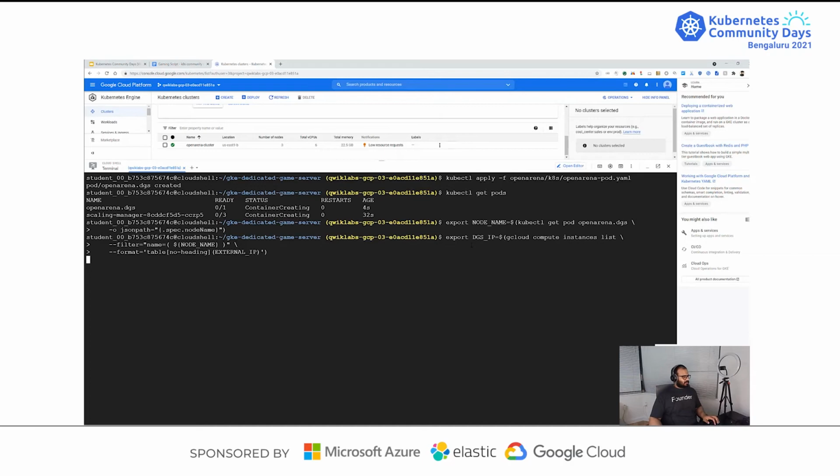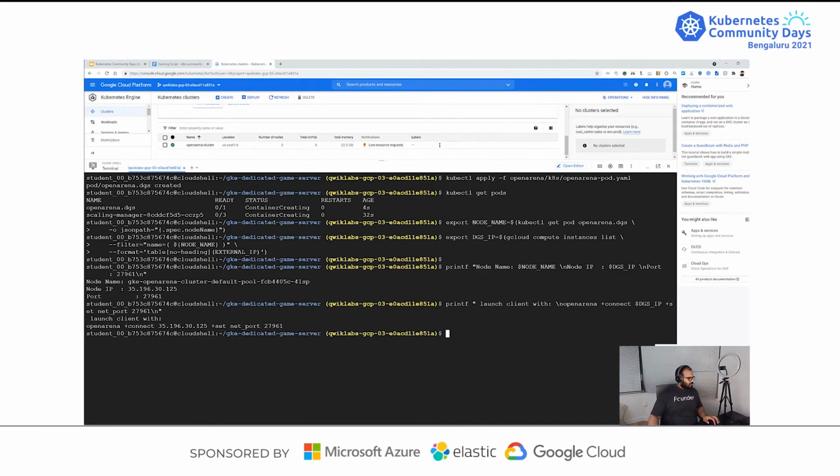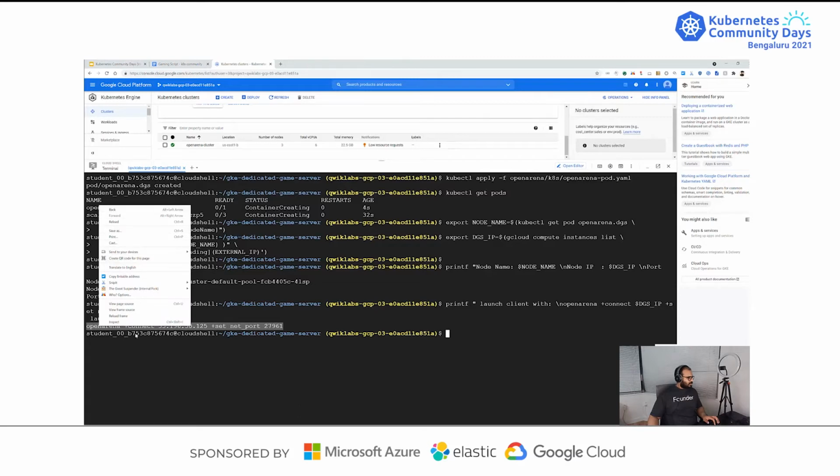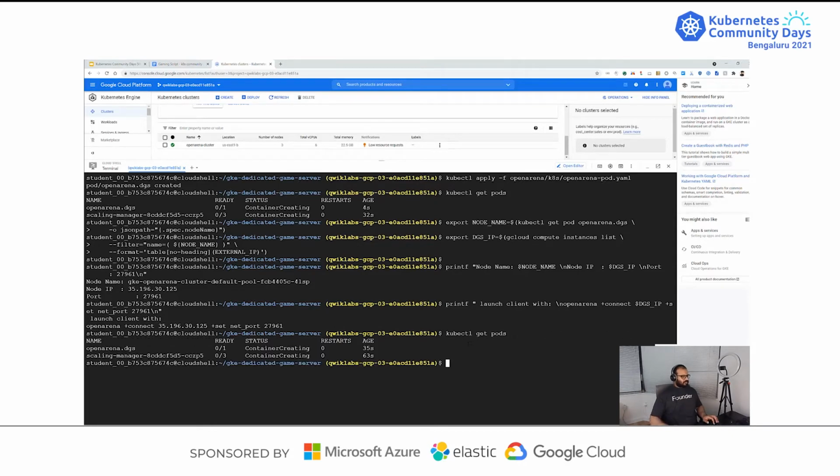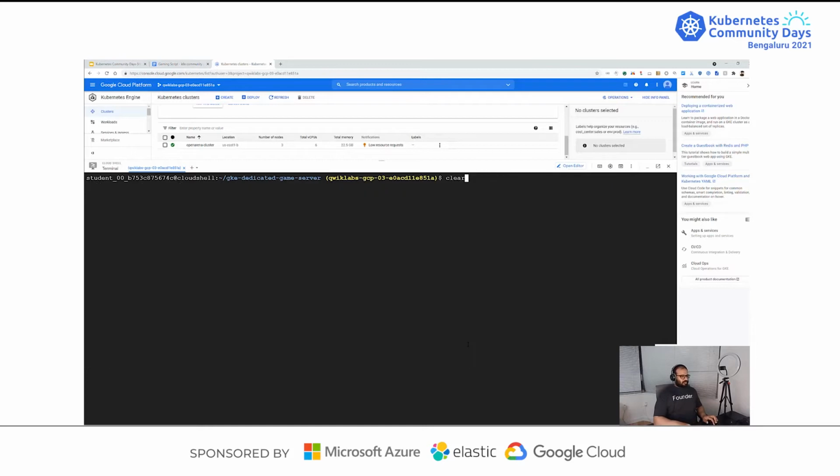Let's test that. So this is how we test the OpenArena. I have the client running and ready. Let's see if the pods are ready. Get pods. They're still getting created. Let's give them a moment. All right, OpenArena pod is ready.